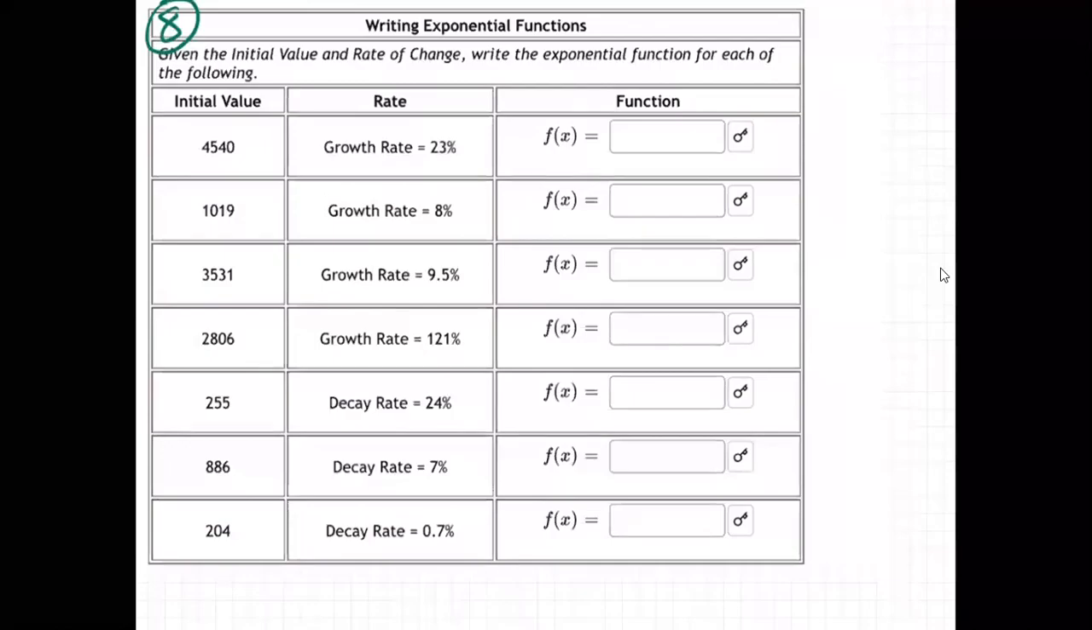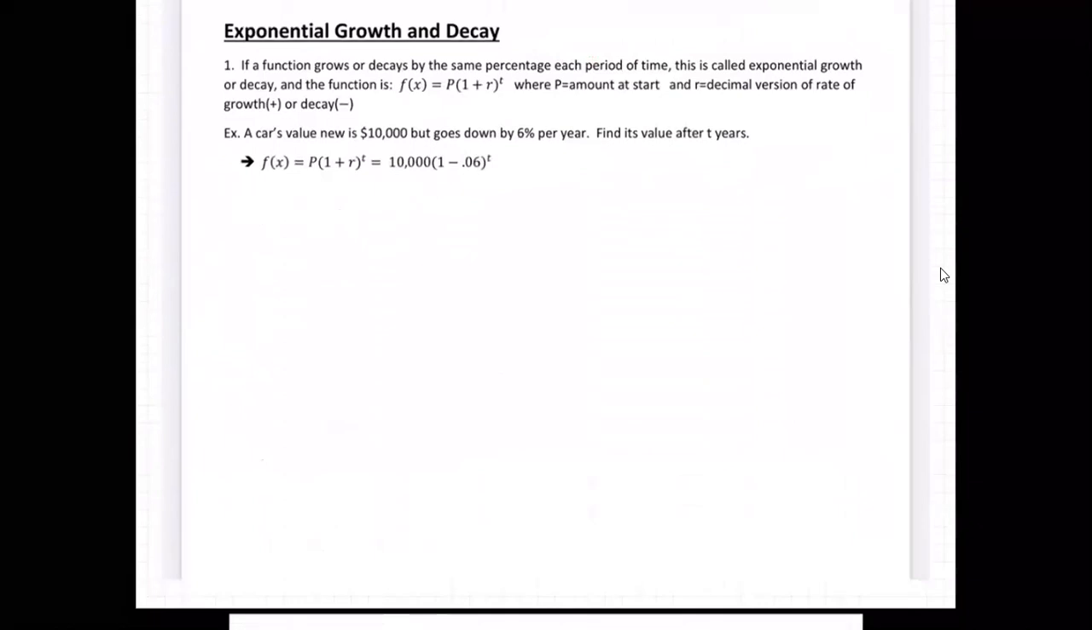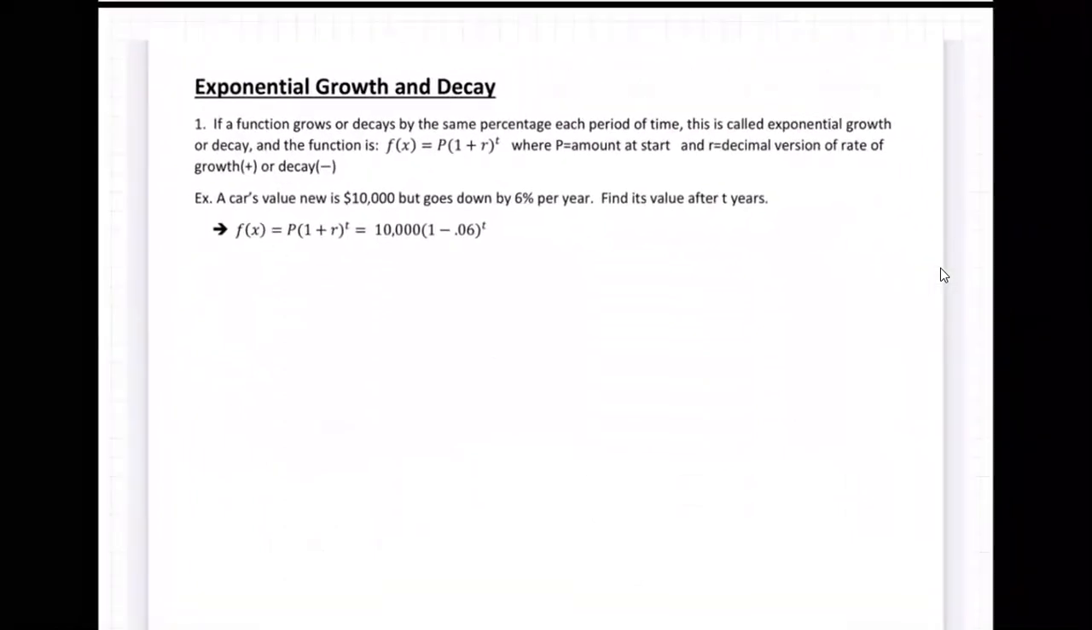Okay, so on number 8, they're giving us an initial value and rate of change to write an exponential function. Well, how do you do this? If you look back at the exam 3 notes, one of the topics says exponential growth and decay. If a function grows or decays by the same percentage each period of time, this is called